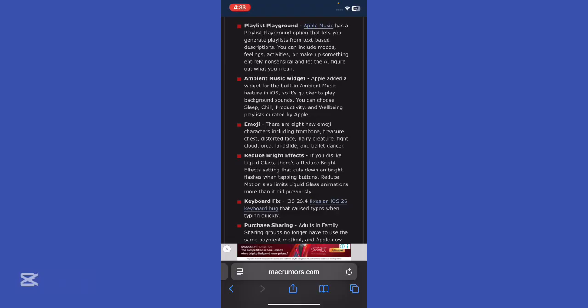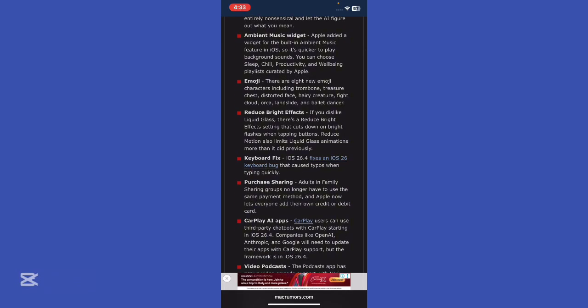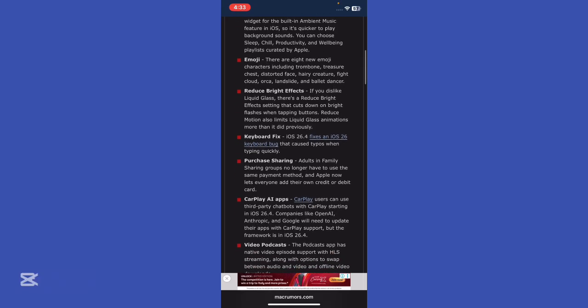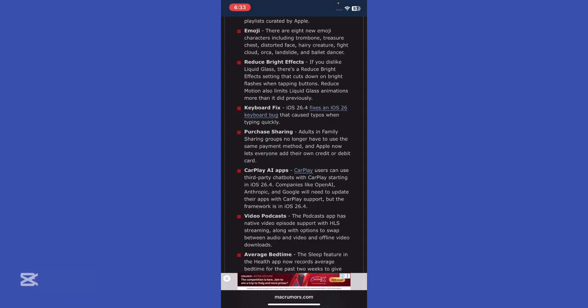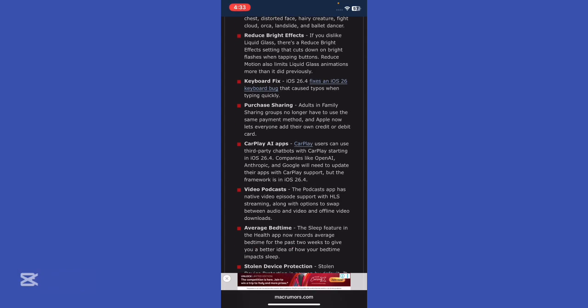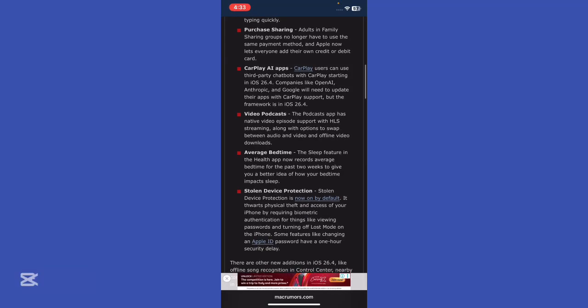You have new emojis, which include 8 new additions such as distorted face, orc, and trombone. You have also family sharing payment, which allows individual adult members to use their own payment methods rather than a shared organizer card, says the Times of India. Reduce bright effects, a new accessibility feature in display and text size settings that reduces the brightness of liquid glass effects, according to